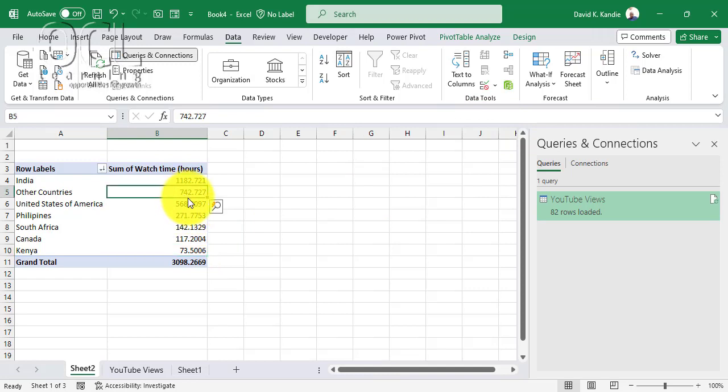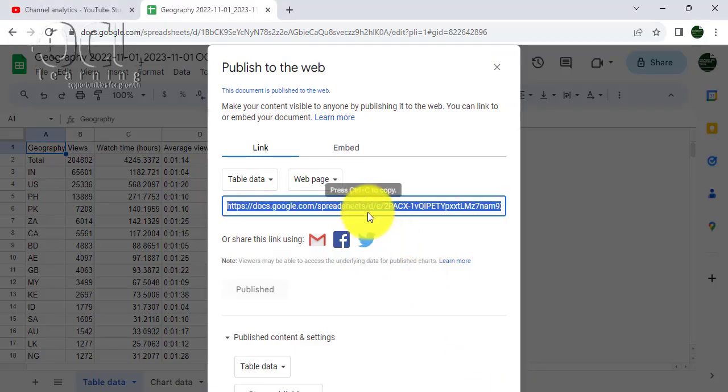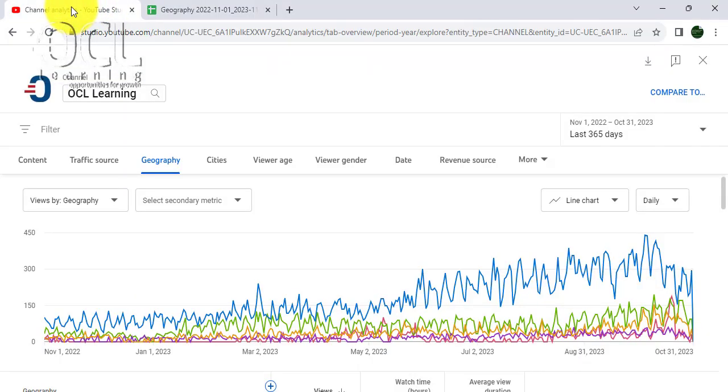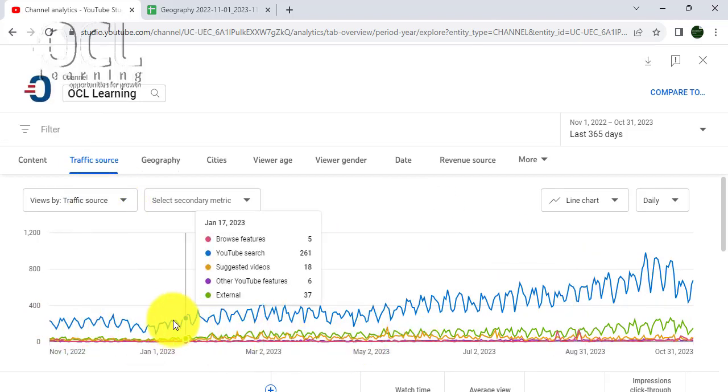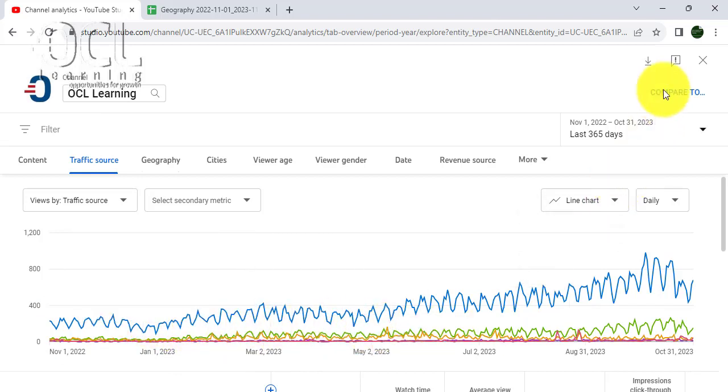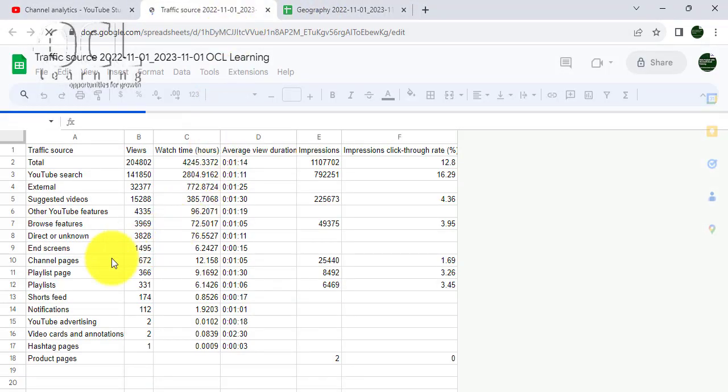Now let's look at doing analysis now for the dates. So I'll go back to my YouTube page. Then this time now, I'm going to go to the traffic source. Now the traffic source will contain the date. So whenever I extract this, it's going to give me an extract of the date. I'm going to download it, then use Google Sheets. Chrome is going to create another new tab for that, and you can see